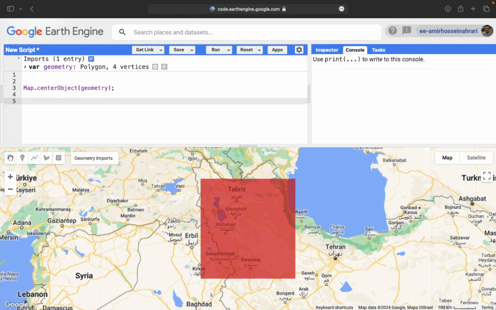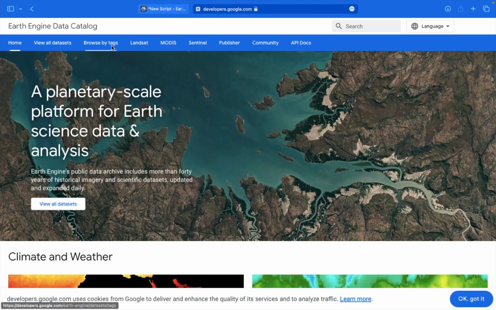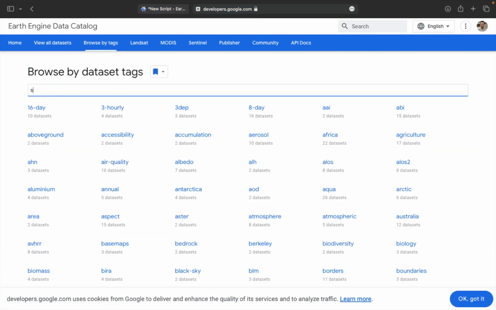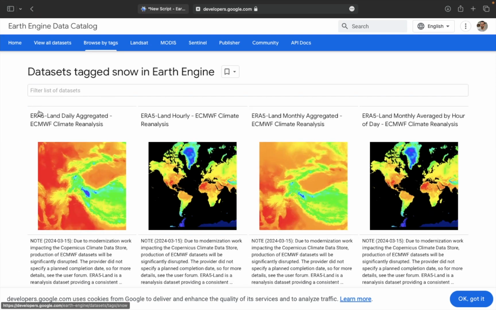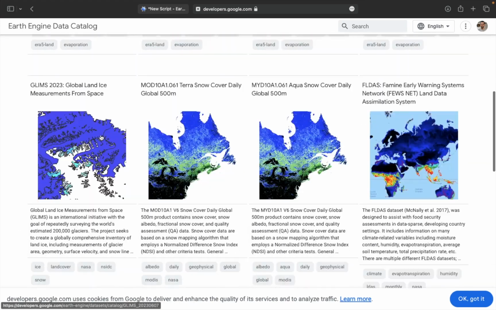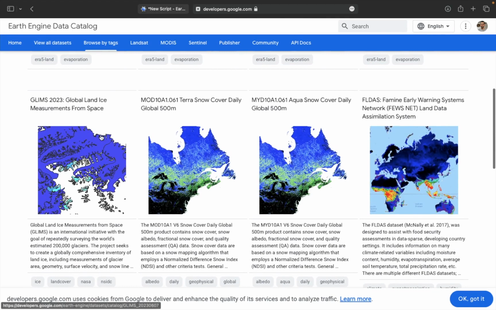In the next step, you need to call a snow cover product through the search places and datasets. Go to Browse Data Catalog. In the Google Earth Engine Data Catalog, you can browse your desired data through the available tags here. Just write snow. As you can see, for now, 11 datasets are available. If you go there, you can see and have access to a variety of snow cover products available here,